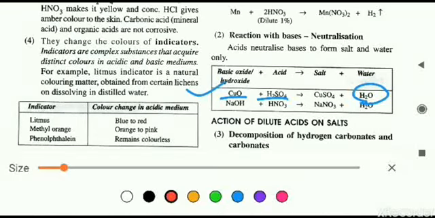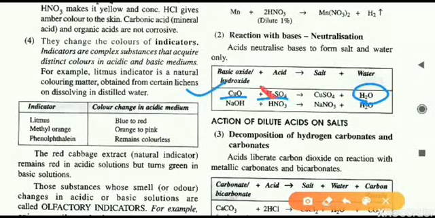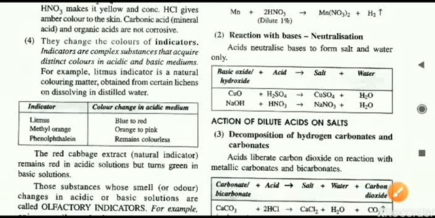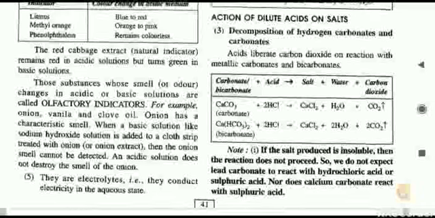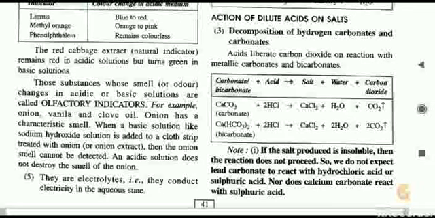It combines with acid, so base plus acid, what will we get? We will get water. So you remove the water molecule from here. H2 is removed from the acid part and O is removed from the base part. What is remaining now? Cu and SO4, that will form the salt. Similarly, the second reaction, NaOH plus HNO3. H plus is produced from the acid, so H is removed from the acid. Similarly, from the base, the OH part will be removed. What is remaining now? NaNO3, that is the salt. So like this, salt and water are produced in the neutralization reaction. I hope it is clear.